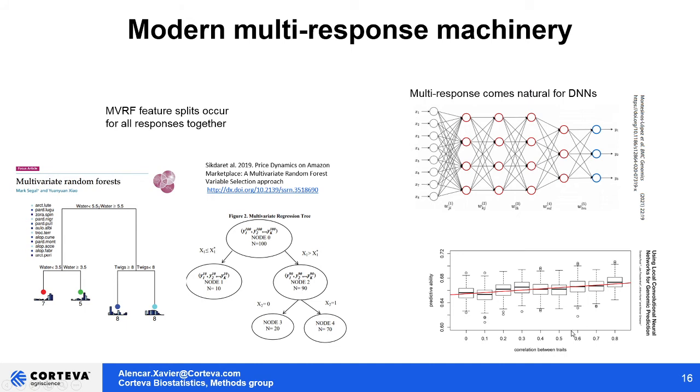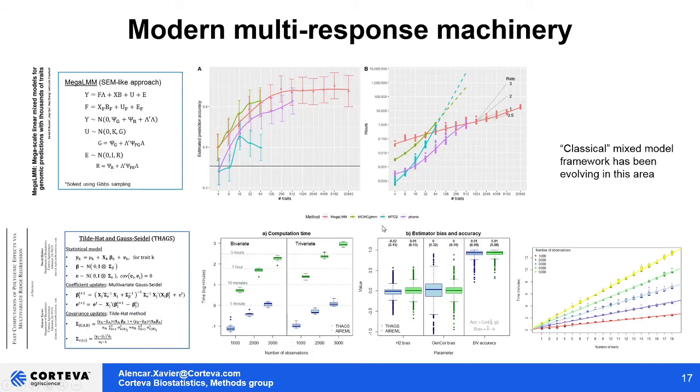And the nice thing is that it does behave in a similar fashion as I illustrated on the bivariate GBLUP model. As the correlation between traits or between signals increases, you may expect the predictive ability of your predictions will increase as well. So you do gain power according to the genetic correlation, regardless of working on the mixed model framework or other frameworks. And of course, there is the classical mixed model framework. Here I'm just illustrating two